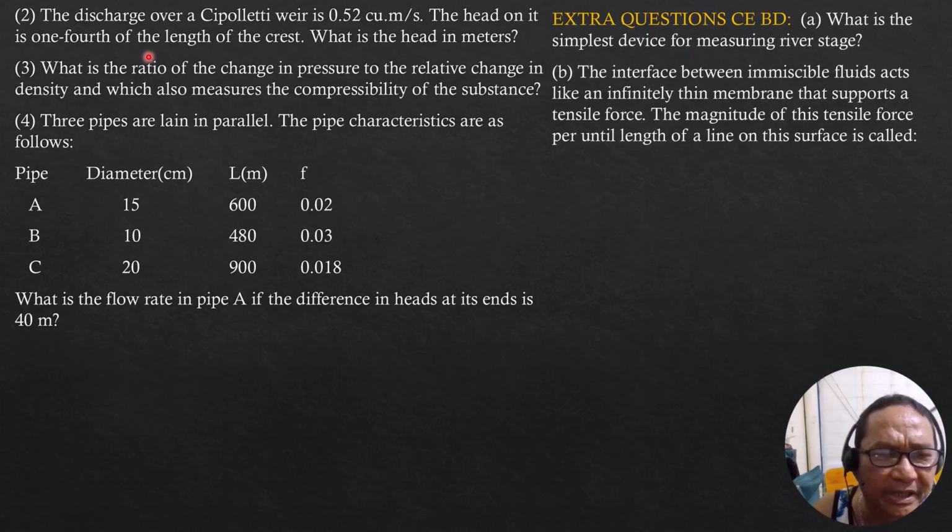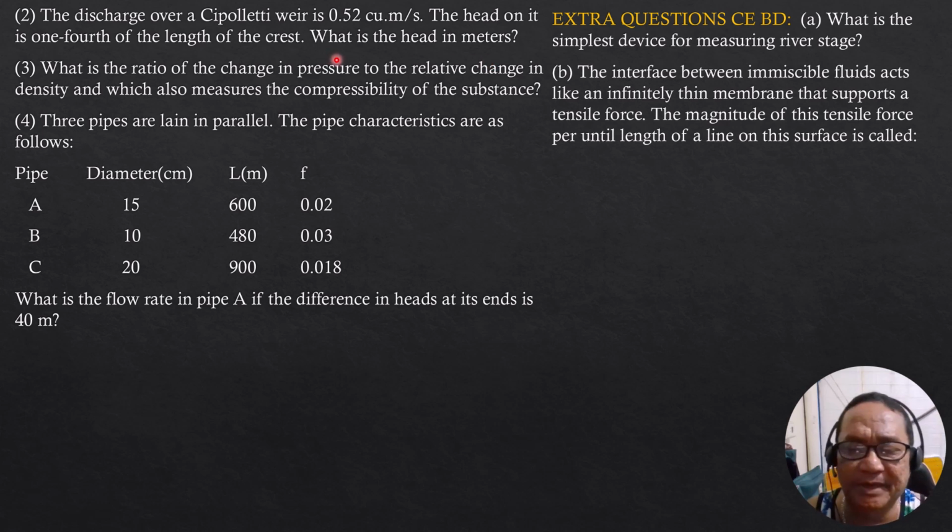So problem 2, the discharge over a Cipolletti weir is 0.52 cubic meter per second. The head on it is 1/4 of the length of the crest. What is the head in meters? So just remember the discharge formula for a Cipolletti weir, and that is equal to 1.859 length of crest, head